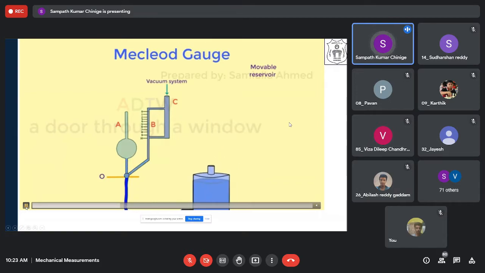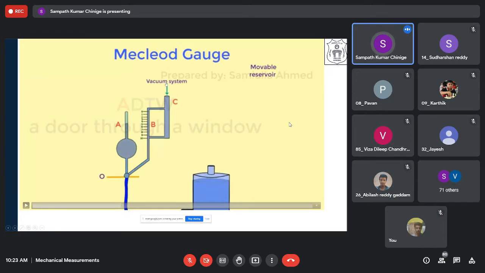You can see here, what I'm trying to do is decrease the height of the mobile reservoir. I'm keeping it downwards. When I keep it downwards, pressure is equivalent to rho g h. As your height is lower from the sea level, your pressure is lower. As you move higher above the sea level, automatically your pressure will increase. So when it is coming down, the liquid in the reservoir is at a higher height, and I am trying to control the liquid up to O. The manometric liquid is below the reference point O.